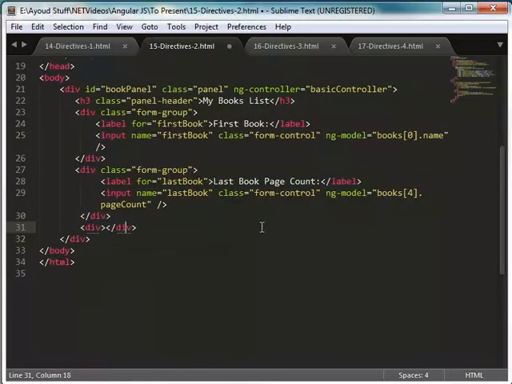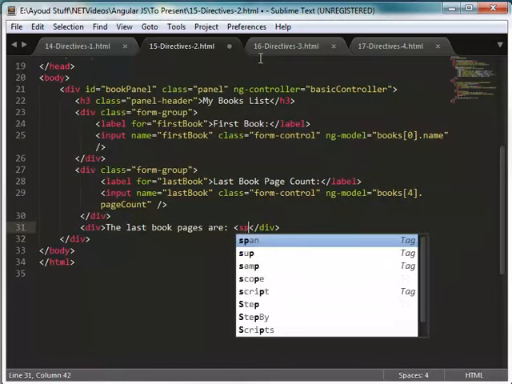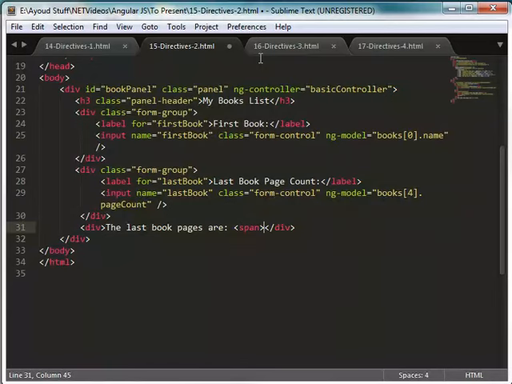And in that div, I'm going to say the last book pages are, and here I'm going to add the one-way binding. Remember the one-way binding that we had from previous discussion? We can use the ng-bind, right? So I'm going to introduce a span in here, and I'm going to close the span, and then inside the span I'm going to use ng-bind and then equals